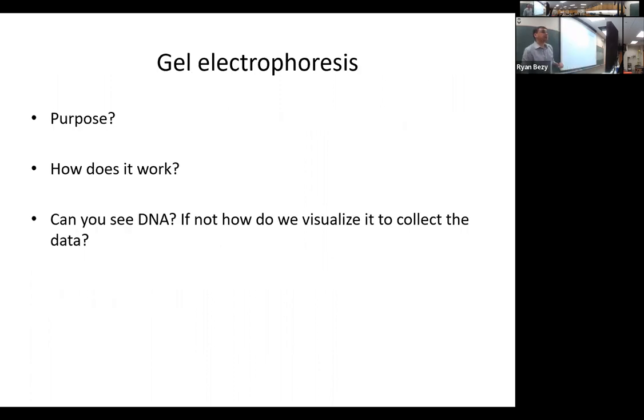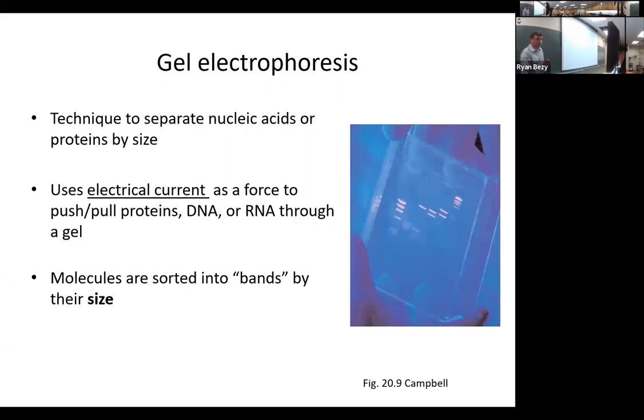So how do we separate DNA fragments? By size, by length. This is a process called gel electrophoresis. I'm going to talk a little bit about its purpose, how it works, and then how you actually visualize the DNA to, in essence, see the DNA as well. So what is gel electrophoresis? What is the purpose? It's a biological technique, a biotechnology, that is used to separate nucleic acids or sometimes also proteins based upon the size of the DNA molecule, the RNA molecule,